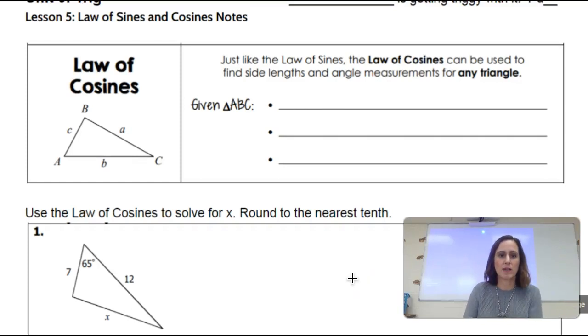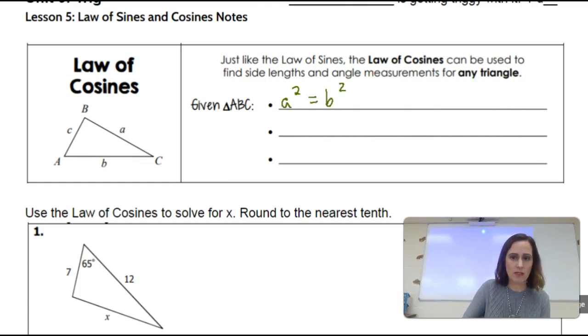In this example, we're going to take a look at law of cosines. Similar to law of sines, it can be used to find any triangle, but in this case, you have three different equations to pick from based on what you are given in your equation or in your diagram. So the first equation is a squared